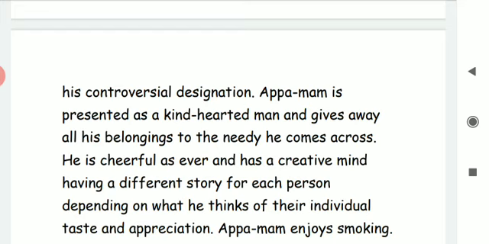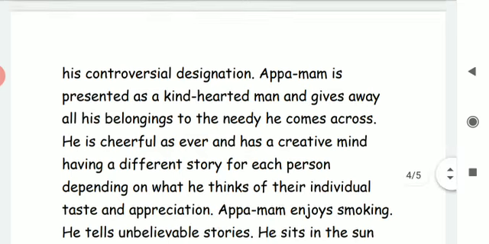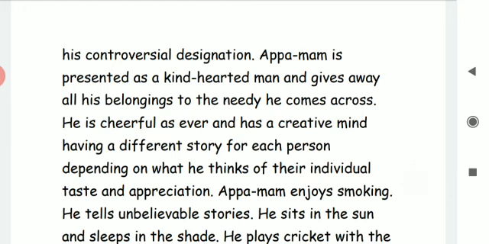When he meets them or comes across them, he is as cheerful as ever, and has a creative mind, having a different story for each person depending on what he thinks of their individual tastes and appreciations. Another thing you have to notice is that he is an innovative type of character, because he always looks like a cheerful person. You won't find anything